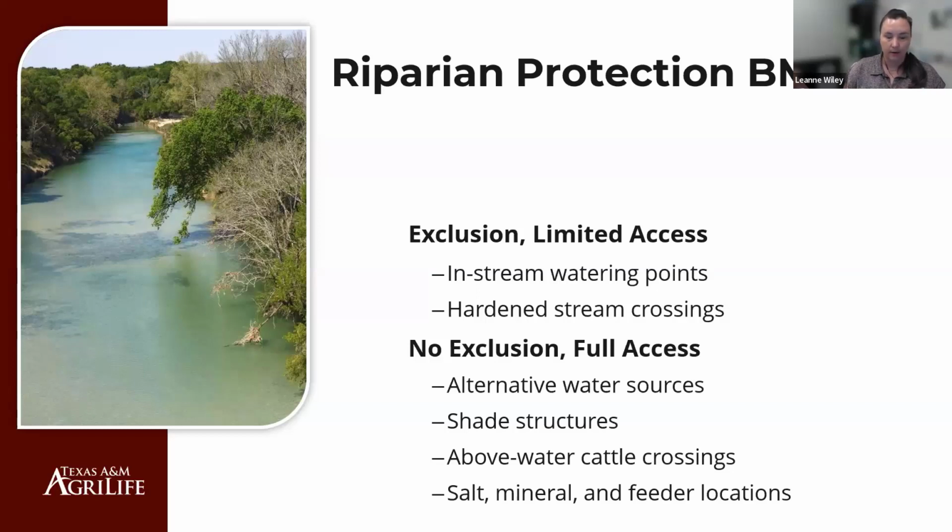A couple others that are, if you have no fencing, how can you encourage those animals to just stay out of that wet area? Well, they're there for water and they're there for shade. So build alternative structures, whether that's putting in a well and a trough, again, expensive, but they could be options if you're wanting to conserve that wetland area. Shade structures, you can build those from whatever's in the barn. A lot of farmers and ranchers are very creative. So just providing some sort of alternative shade, maybe planting some trees, just giving them somewhere else to get out of the hot Texas sun, which we all can really relate to here lately.